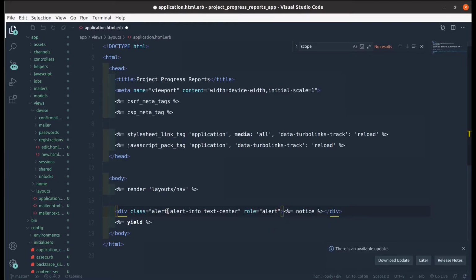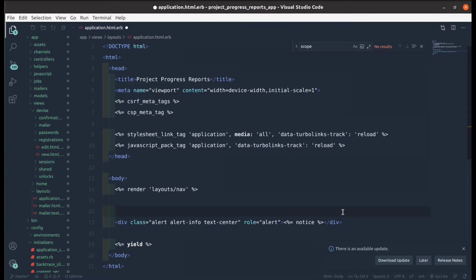Raw alert. So let us also wrap this in an if statement so that it only appears if our view has a notice. Okay, and in the if statement,